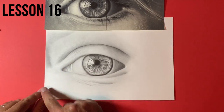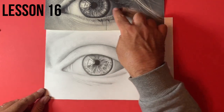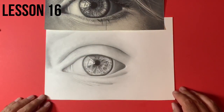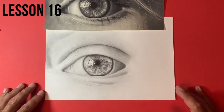Continue building your values up around the lower area of this eye. You can see here we've got a very dark area which sort of corresponds to the dark area here, so we can see that the light is definitely coming from this left hand side. Continue to make sure that these creases look like creases and they don't look like cracks,